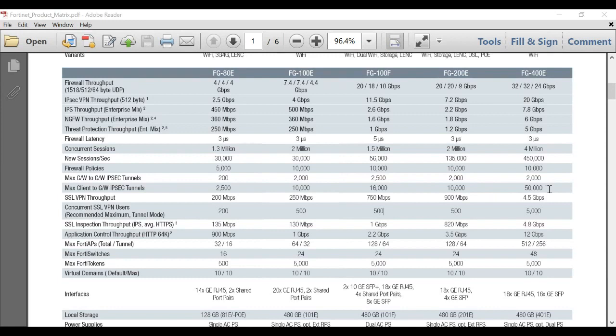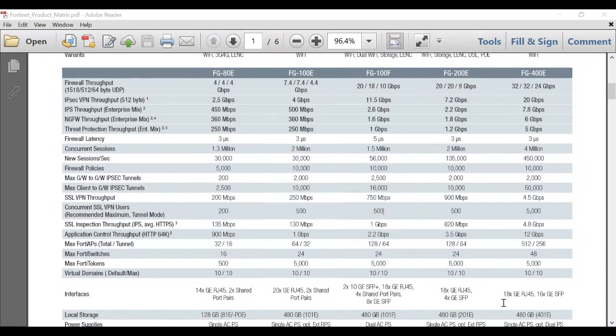What are troubleshooting commands for site-to-site VPN? So there are a couple of commands. One is diag sniffer packet. You can use that command, and there are some additional fields, the interface, the filters and everything. So diag sniffer packet is very useful to see the flow, whether the traffic is moving to the IPsec